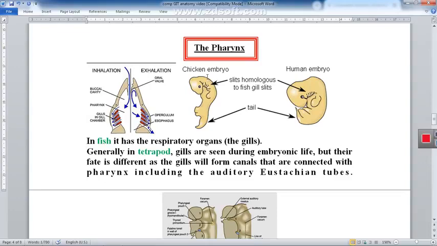You can see this is a chick embryo, and you can see slits homologous to fish gills, and these slits are also seen in humans. But what's going on is that in fish, these slits from the pharynx, which are called gill pouches or branchial pouches, will form respiratory organs for the fish. But in other vertebrates, for example, the human,